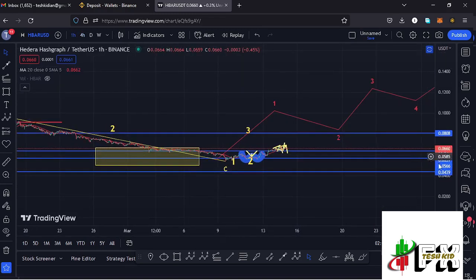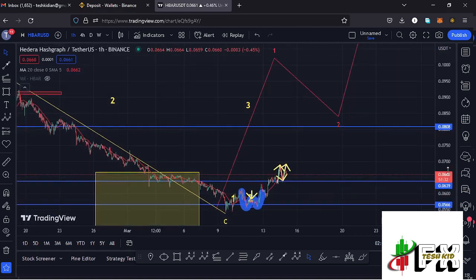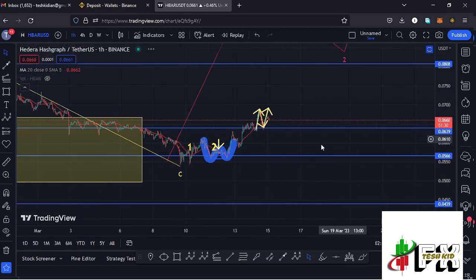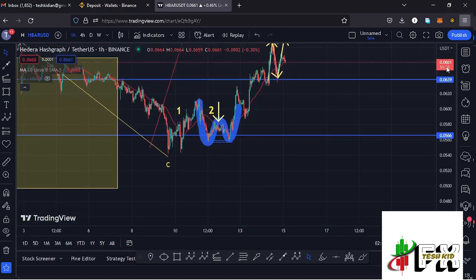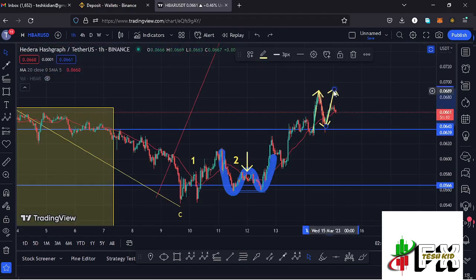So jumping to the 1-hour chart for further analysis and also give you the micro Elliot wave counts that I'm expecting to play out in the formation of that higher Elliot wave count 3. Here on the 1-hour chart, you can see that down here, this is where we made our low in the formation of that second wave, and after seeing that low, we have been seeing a very massive bounce to the